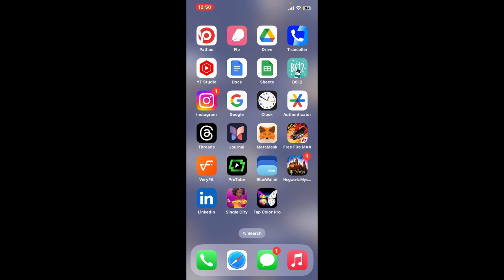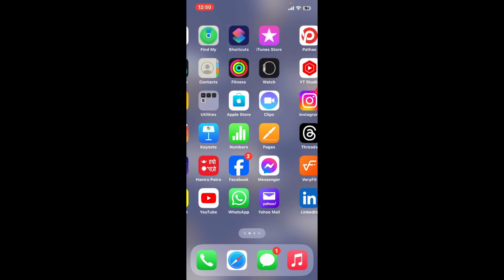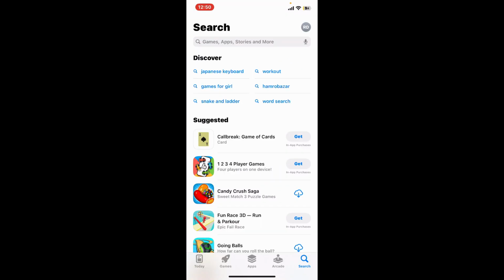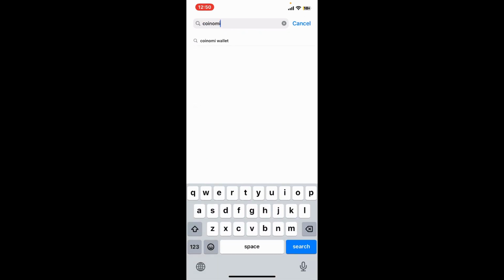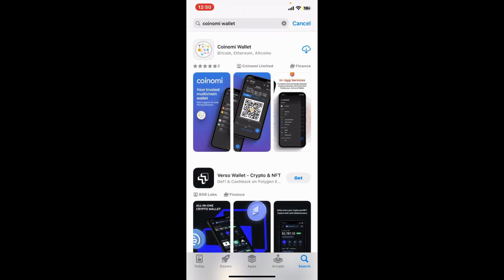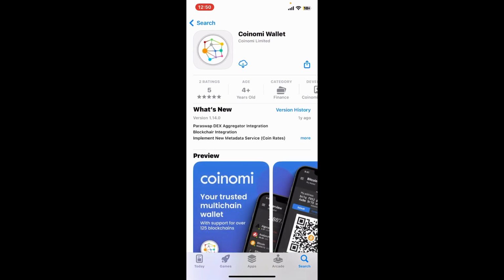So the first thing to do is to make sure that your device is connected to a stable internet. Once it is done, tap open your app store. Now, go to the search box at the top and type in Coinomi wallet and search. Look for the Coinomi wallet application from Coinomi Limited and tap on the download button to start downloading the app